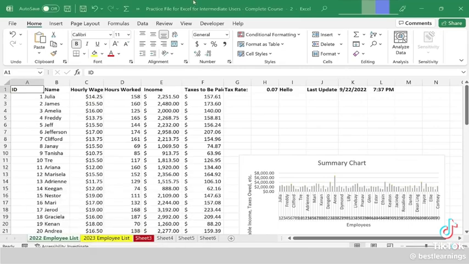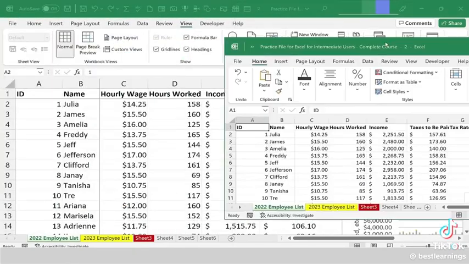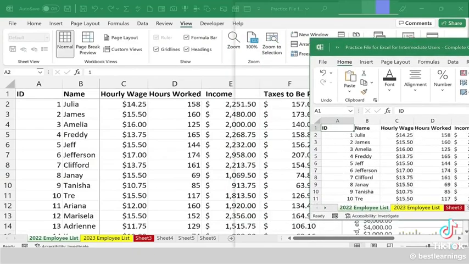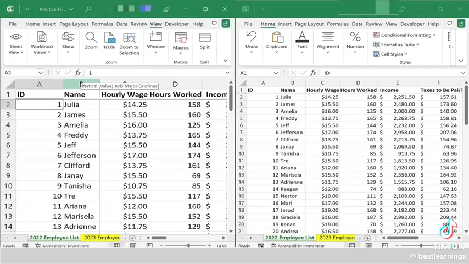So at this point, I can take this second window, click on it, and drag it to the right. And if you're using a modern version of Microsoft Windows, you can pull that to the extreme right and then let go, and then select the other window, the original, and it will fill the left side of the screen. So now I have window 1 and window 2 both open at the same time. This window can have the 2022 list. This window could have the